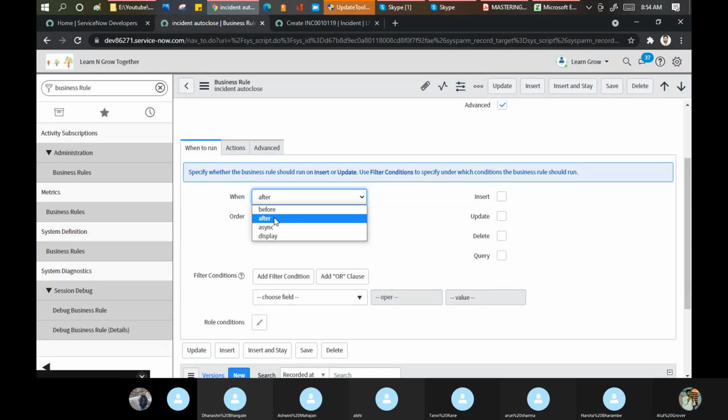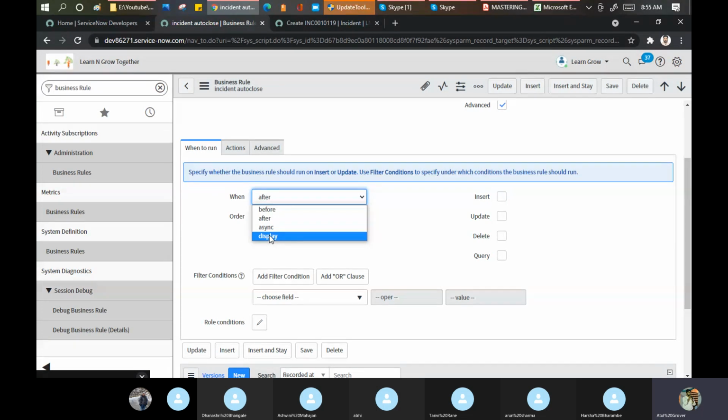Let's take an example. I mentioned my date of birth in the form, and once the data has been saved, then I want to show the age. That is called the after one. Asynchronous means if at a given point of time my five or six business rules are working, they work asynchronously. Means I say that they should work in the background and give me the results later on. And display means that if you want to display any value on the form level, which you want to bring from the database, then you can use display as a business rule.